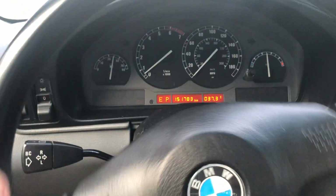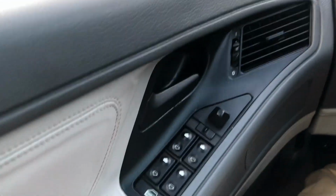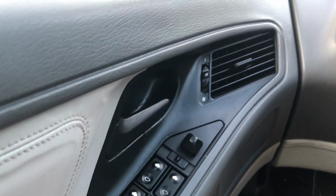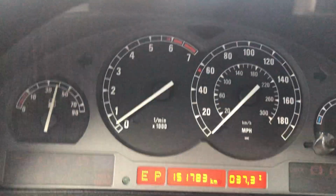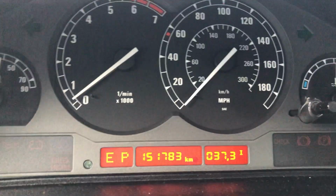So let's go inside and see what we got here. It also is a lot nicer inside right now because we still have, I think, 90 degrees or so outside, so it's wonderful having the air conditioning. You have here the window regulators, the window switches. Here is for the mirrors, and then you have your instrument cluster, which shows 151,000 kilometers,